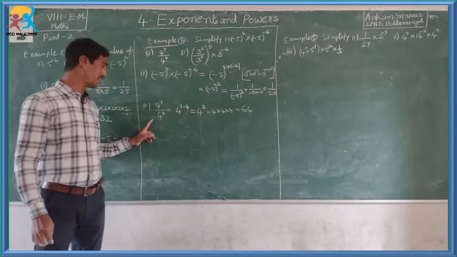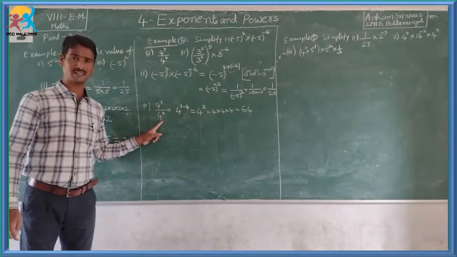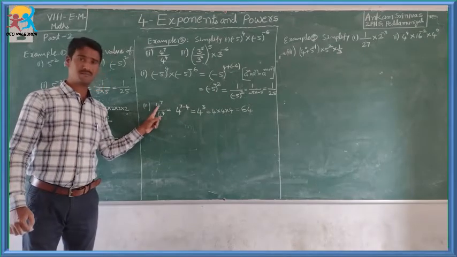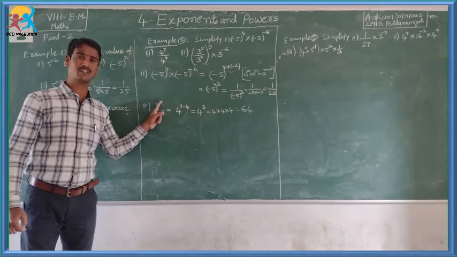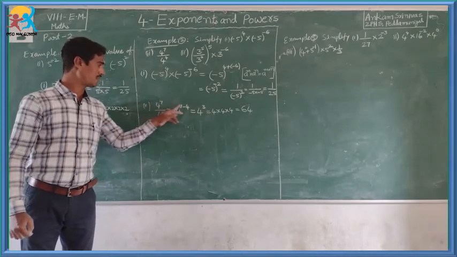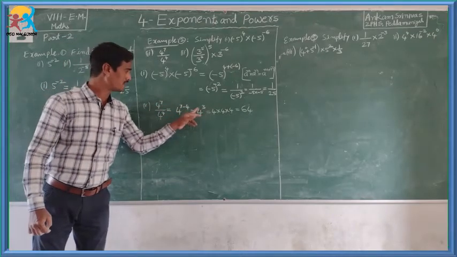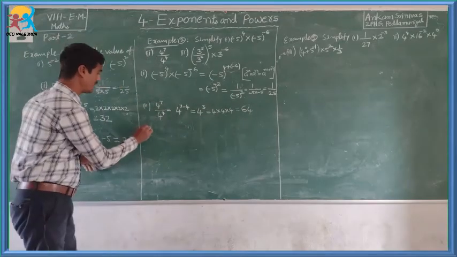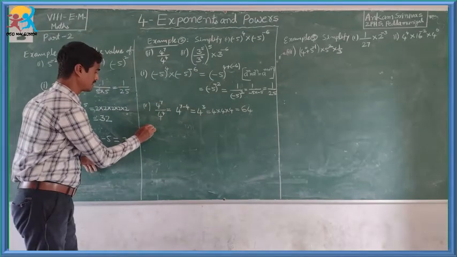Very easy. When two powers with the same base are divided, the exponents should be subtracted. If you subtract here, we get 3. This is 64. And the third problem,